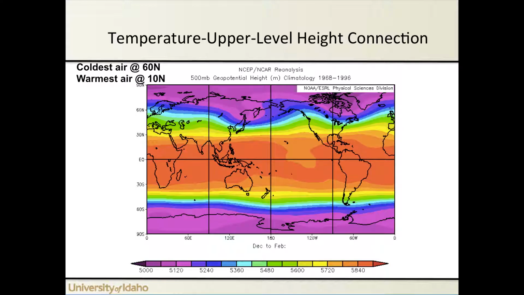See, the strongest gradients are located off the eastern seaboards of the continents. So right here, off the eastern seaboard of Asia, just from Japan out to the dateline or so, very strong gradient in height. And then likewise off the east coast of North America, we also see a very strong gradient. In the southern hemisphere, things are